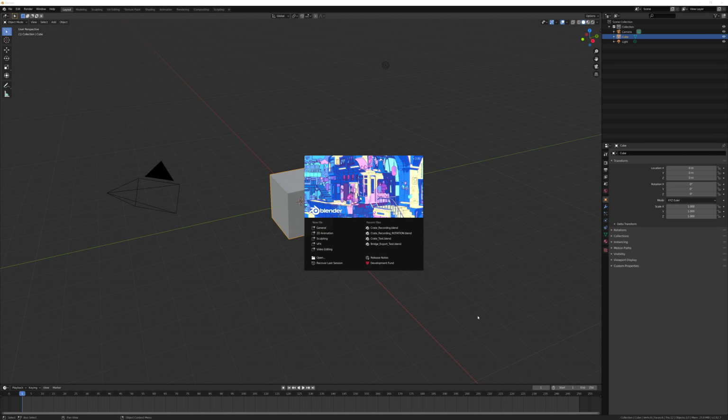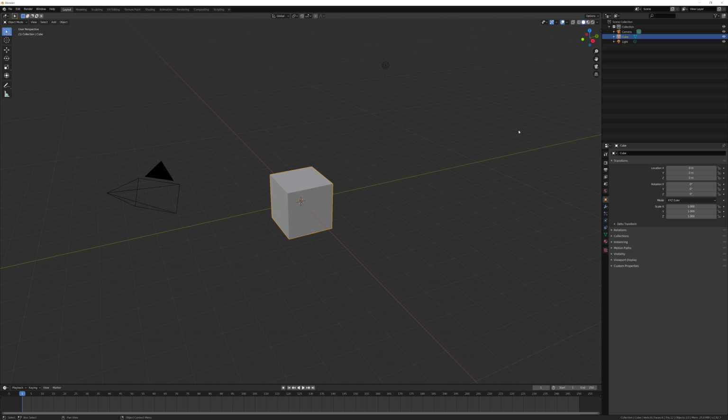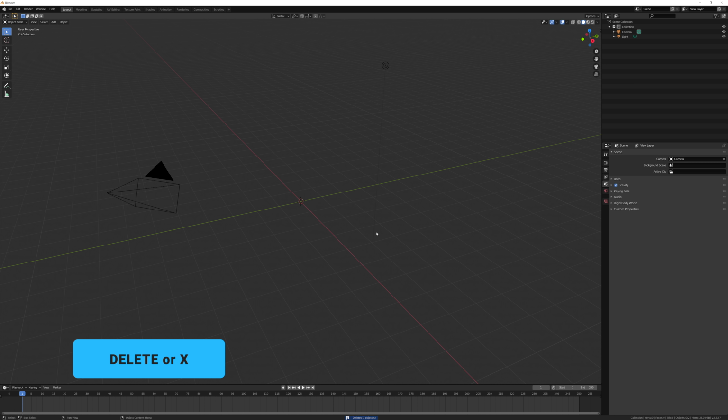So at the time of this video, we are running the latest version of Blender, which is 2.82a, but this process should be pretty similar to all the versions of Blender henceforth. So once you launch a new Blender scene here, you are greeted by a single cube. I'm just going to go ahead and simply delete this by hitting the delete key or X and then enter. And then now we have a completely blank scene. So at this point, let's go ahead and go back to Bridge and export our asset.